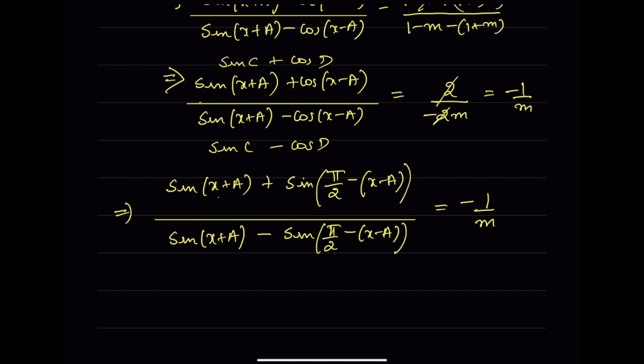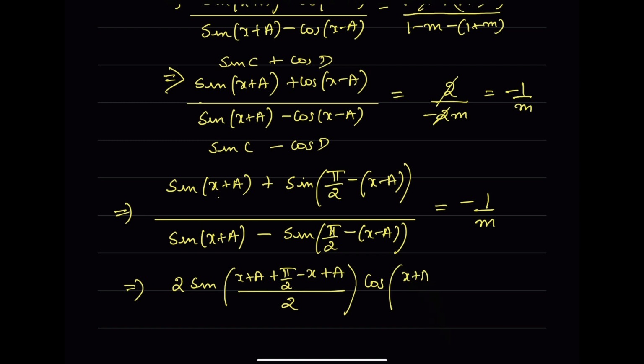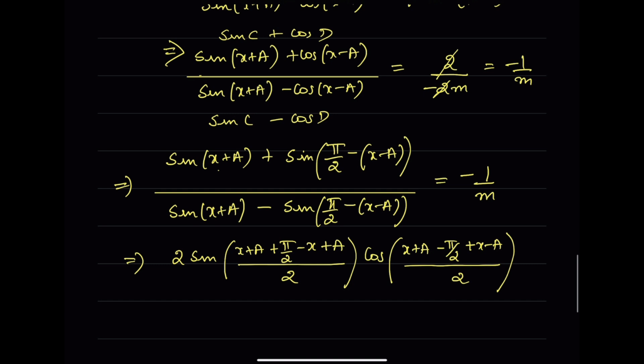Now we have the format of sin c plus sin d and sin c minus sin d in the numerator and denominator. So we can apply the formula now. It is 2 sin of c plus d by 2. So it is x plus a plus pi by 2 minus x plus a, this thing divided by 2, and cos of c minus d by 2. So this is x plus a minus pi by 2 plus x minus a, this whole thing divided by 2. So that is our numerator,